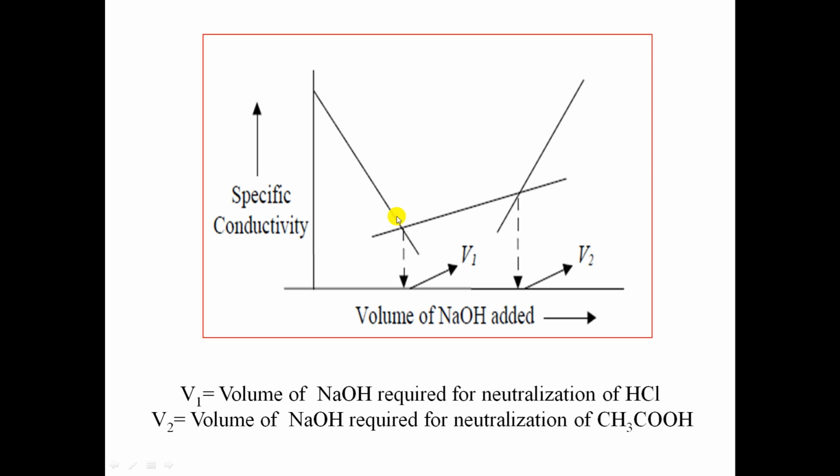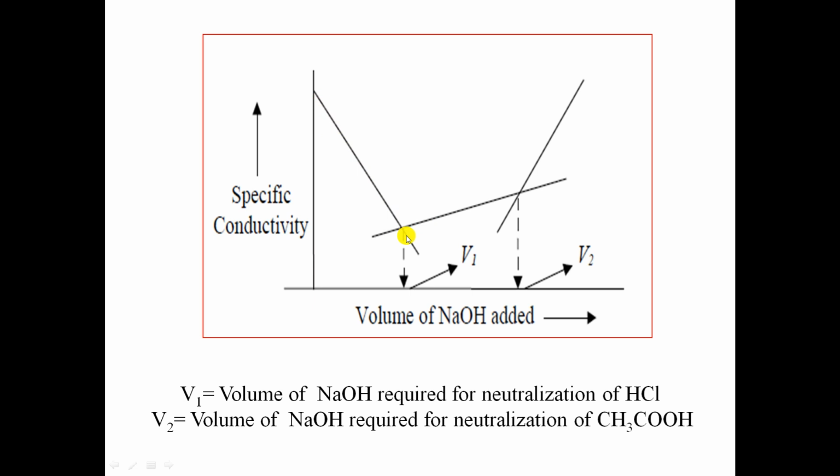When all the molecules of HCl are completely neutralized by NaOH, whatever NaOH we now add starts reacting with acetic acid and neutralizes it, giving rise to sodium acetate and water. That sodium acetate exists in the form of acetate ion and sodium ion. Here, sodium ions are already added in larger amounts.